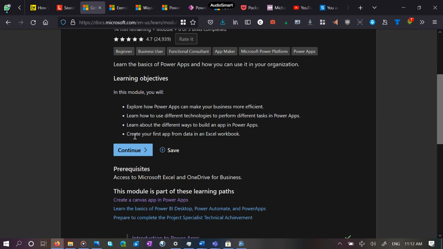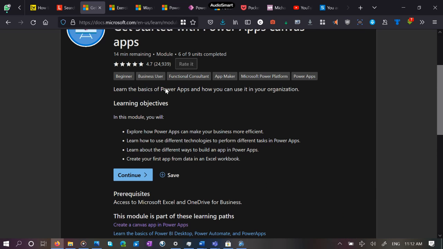I think the original time rating was written, but now it's writing 14 minutes left since I was almost done. But yeah, it also gives you an estimate for how much time they're likely going to take. So all of this is to just make all of this easier for you guys, so that you know how much time you want to invest into it.